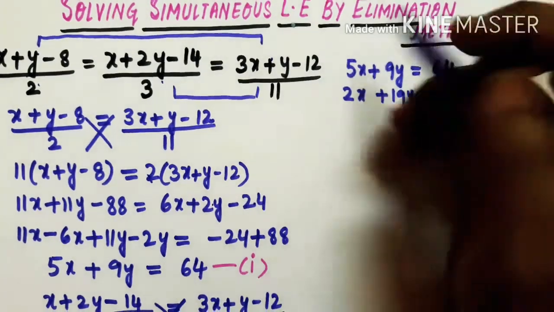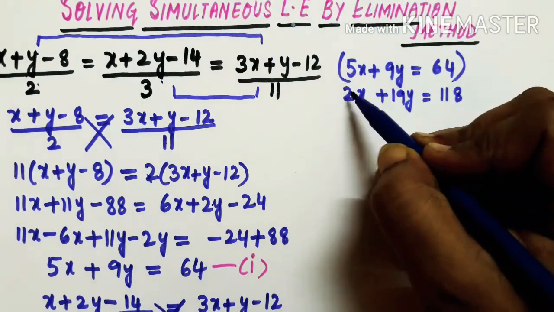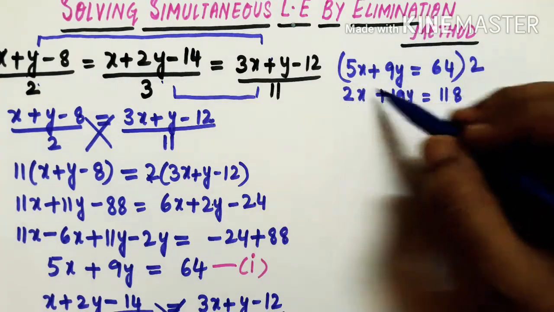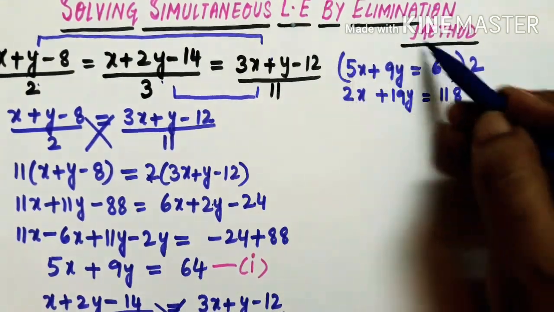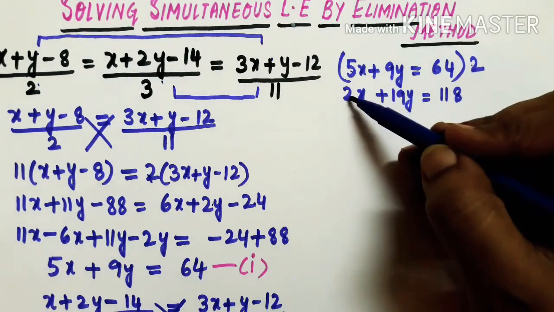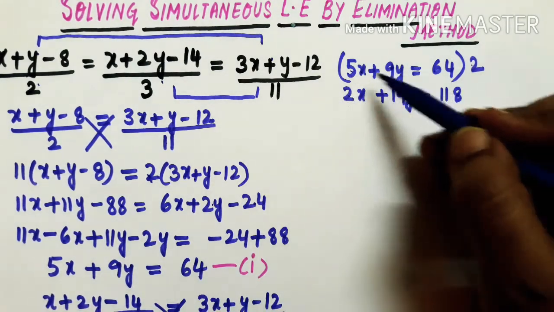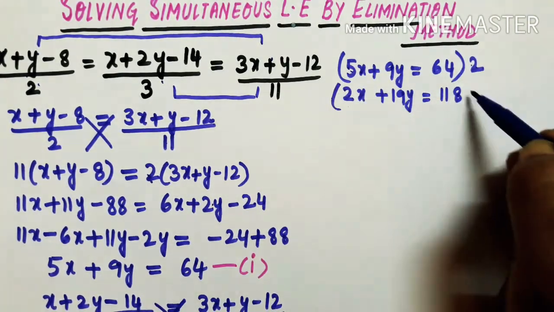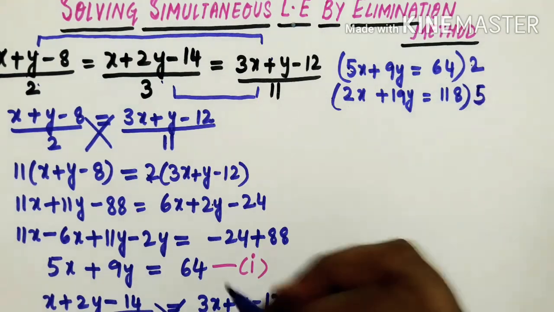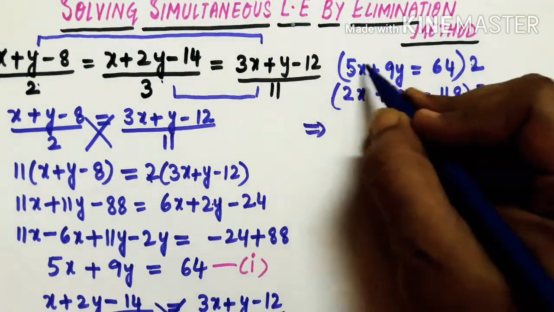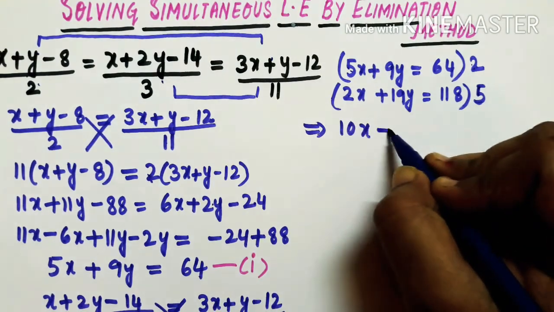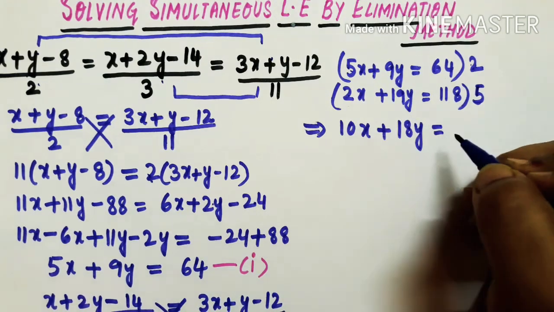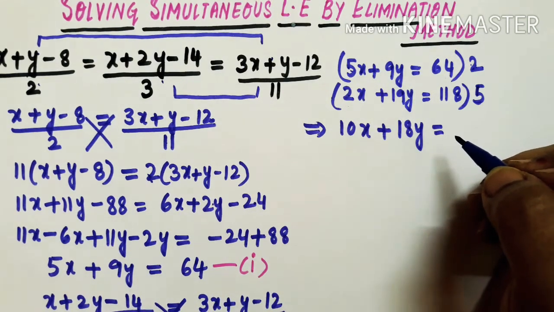See here, this is 5x, this is 2x. So let us multiply this 5 with this 2. Let us multiply this 5x by 2, the whole equation, anyhow you have to multiply. If you multiply this whole equation by 2, you will get 10x. If you multiply this whole equation with 5, then you will get again 10x. So let us multiply this one with 2 and this one with 5. Let us see what you will get. 2 into 5x will be 10x, plus 2 into 9, 9 twos will be 18y. Are you understanding how we are multiplying that?